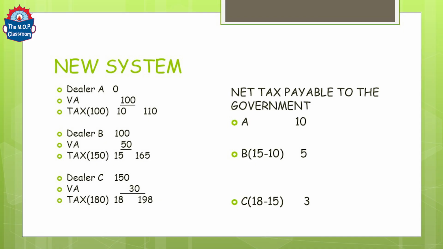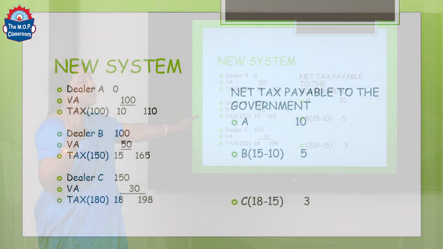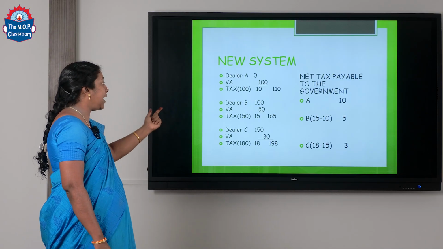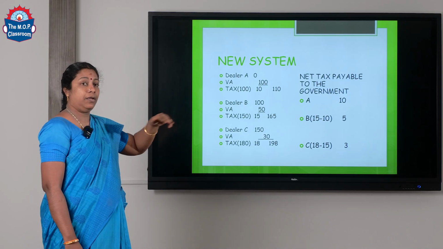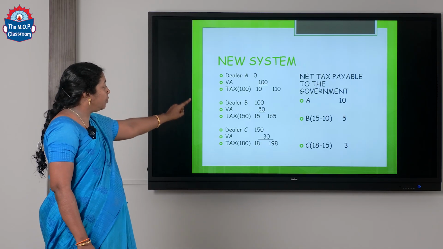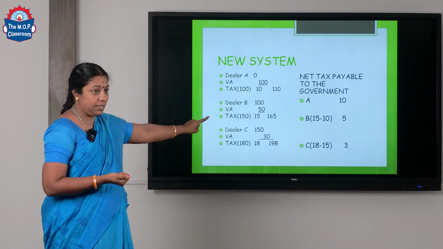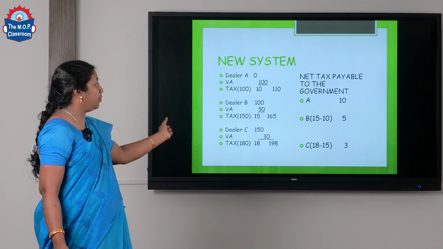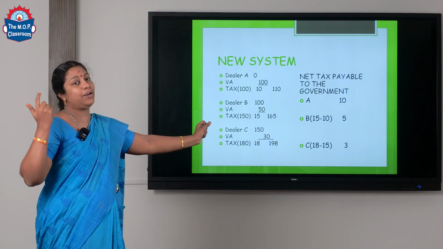The cost of the product is 100 and you are making an expense of 50 rupees. So, the total value is 150 rupees. Out of that 10%, which comes to 15 rupees. Now it is 165. You are selling it for 165. Why is it called an input tax credit? Actually, the tax is 15 rupees. But how much have you paid me as tax? Already you have paid 10 rupees, right? So, 15 rupees you are going to collect from your customer, 10 rupees already you have paid. So, how much is the remaining tax? Only 5 rupees is the amount that you need to pay to the government.